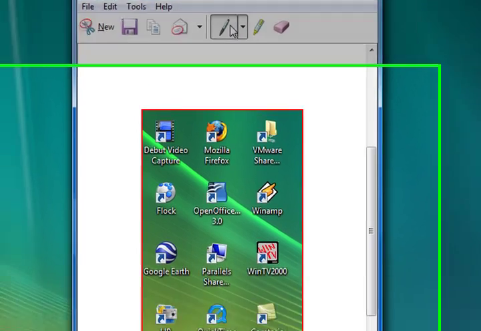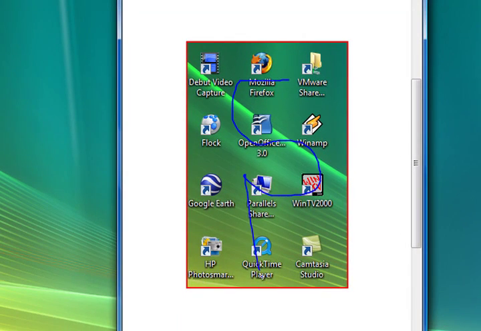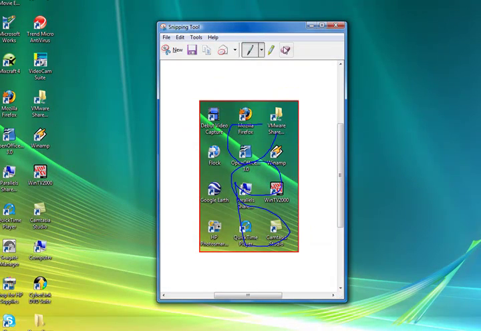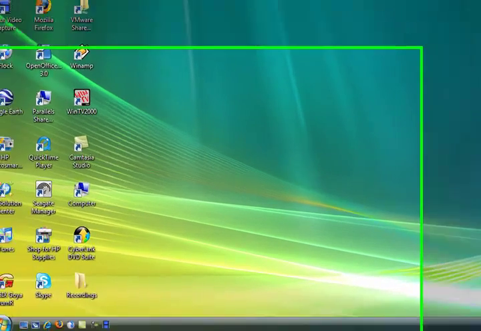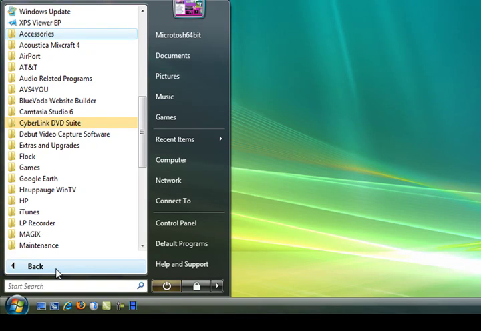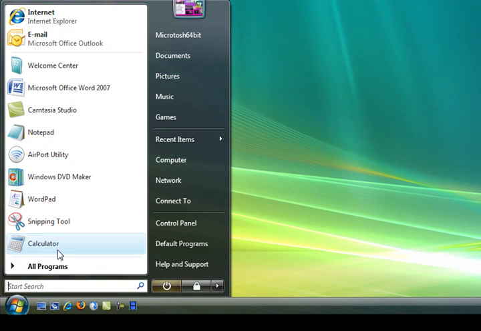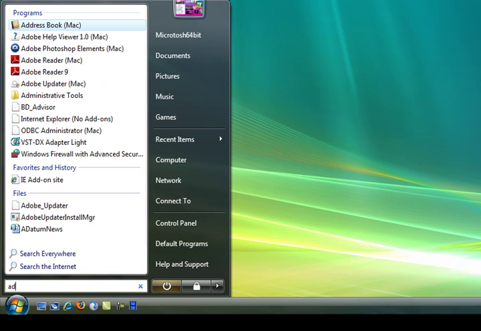You can also draw around your picture if you want, erase, highlight if you want, and so forth. You can also send it as an email. So this is a very nice tool. I like to use it, and so forth. And another nice program is the address book,